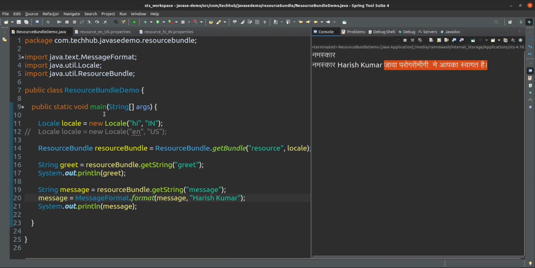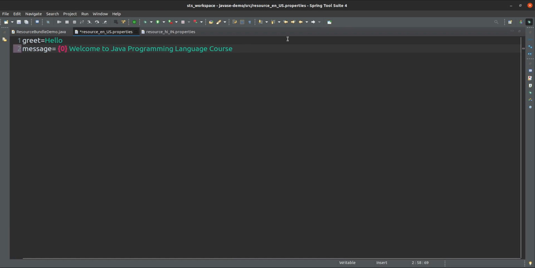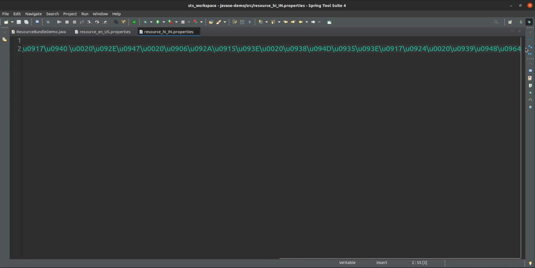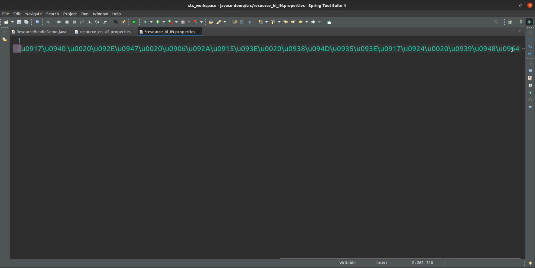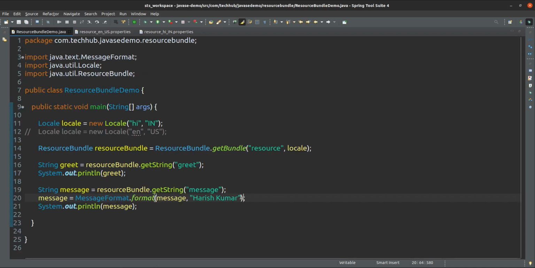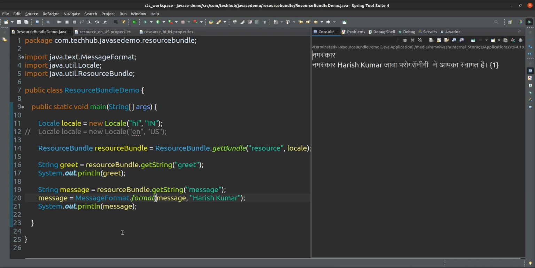It will replace. And suppose there is more than one position param, suppose here one more position param is there, after a comma I have given another position param here. This is the first one, so 0, that is the 0 position, and this is the first position. So how will you resolve this one now? In this one also you have to resolve. In that case you have to give here, so we have given here also, this is the first one. So now how will you give the position params for these two? Here Harish we have given. So if you try to